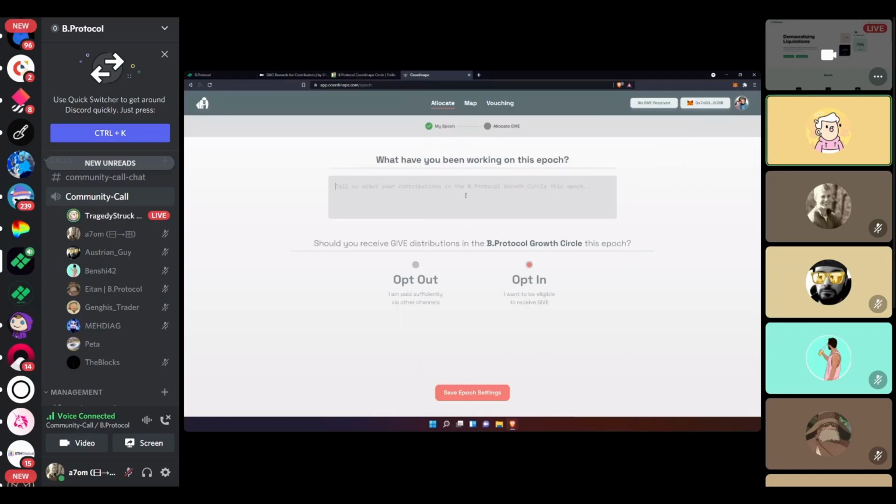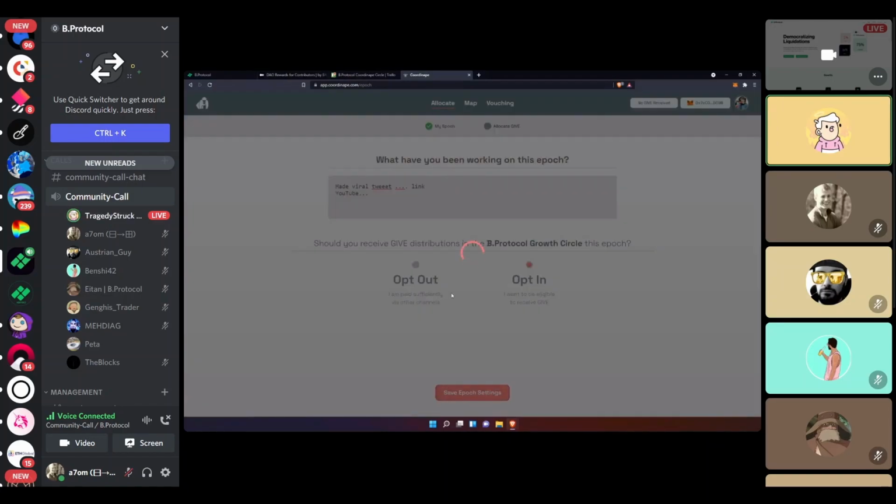So, I made a viral tweet and then some link and maybe some YouTube video, and you'll save the settings. But typically you'll do this at the end, right? So just make sure to get it in there, because this might be the other people's best way to see what you've done. So you save your settings.